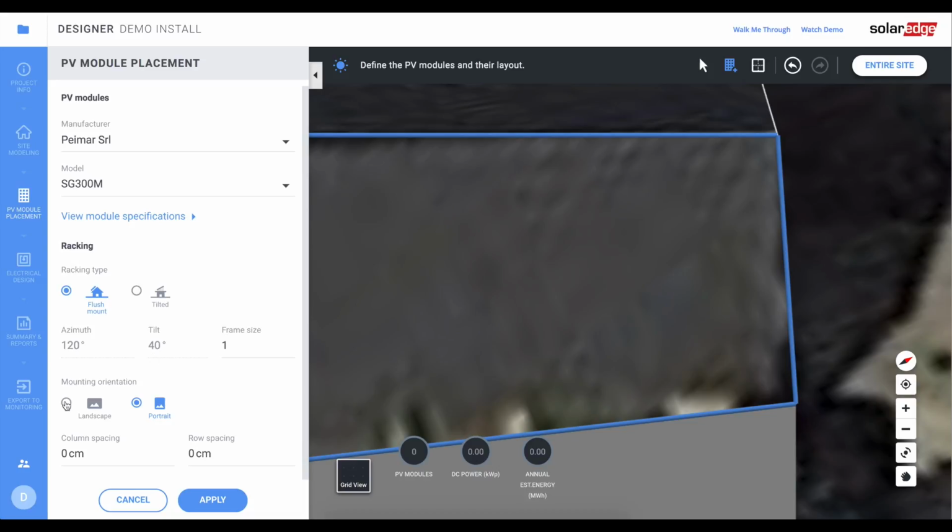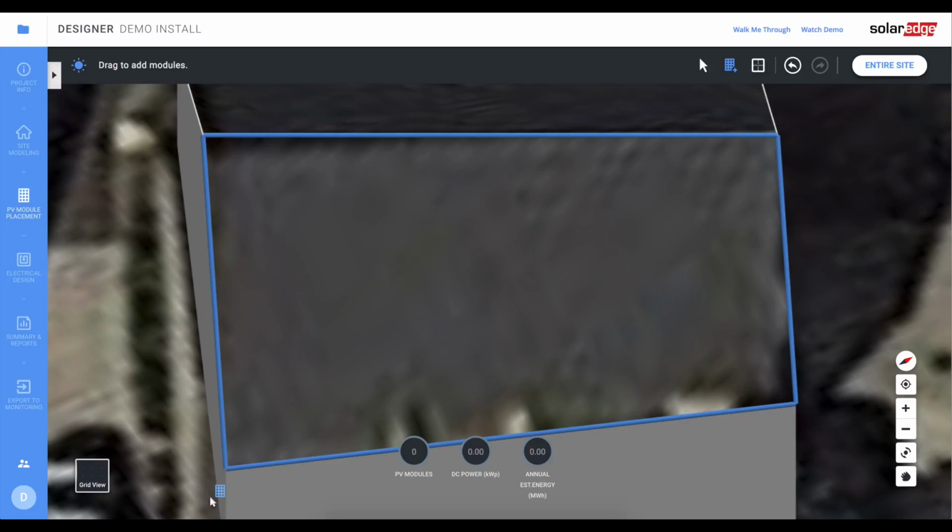You're going to decide if you're doing portrait or landscape mounting of the panels, and then if you have any specific requirement for certain spacing in the columns or the rows. So for this roof, we're going to leave it as portrait, and if we apply that now, then we have this